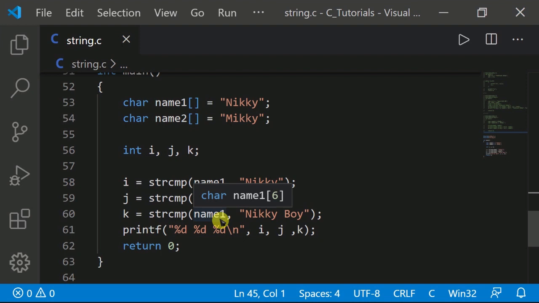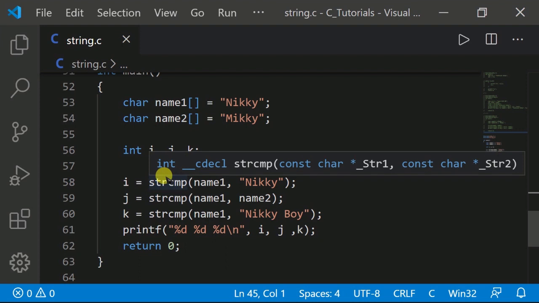Here name1 is equal to Nikki, and in the string I have typed Nikki boy. Let me explain it from the first function. In the first call of strcmp, the two strings are identical, Nikki and Nikki, because name1 is also Nikki. The value returned by strcmp is 0.